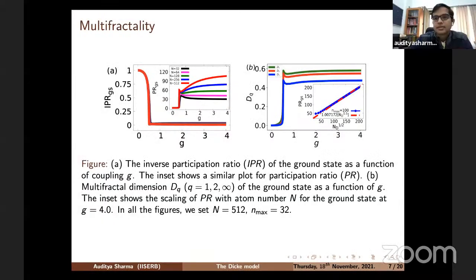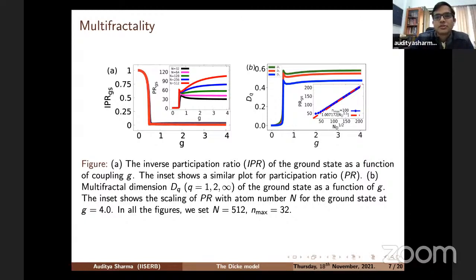It's very low, and in fact, that's a sign of delocalization, right? And so you've seen the inset participation ratio, which is basically just the inverse of the inverse participation ratio, and so participation ratio is very tiny in the normal phase, right? So only some of the states in this expansion are contributing, and you see that as the number of atoms